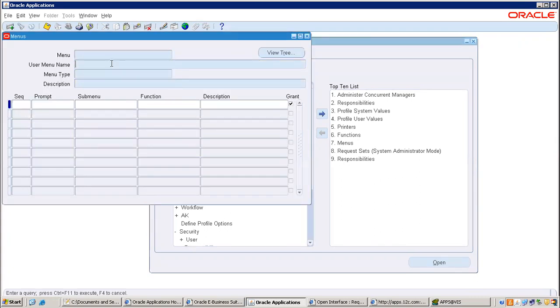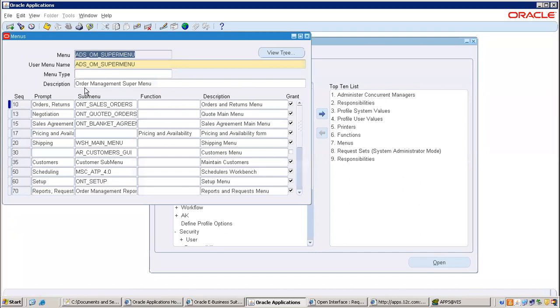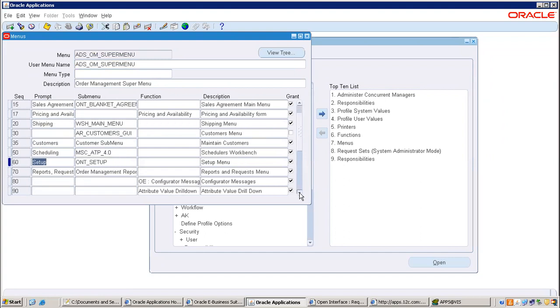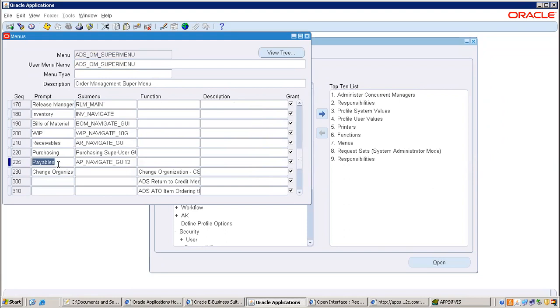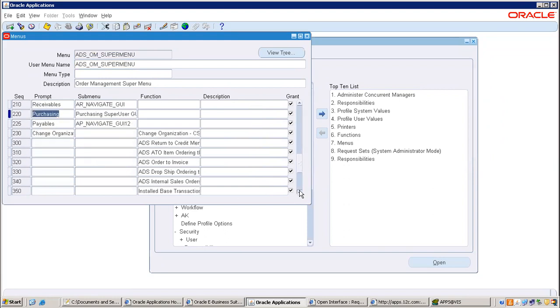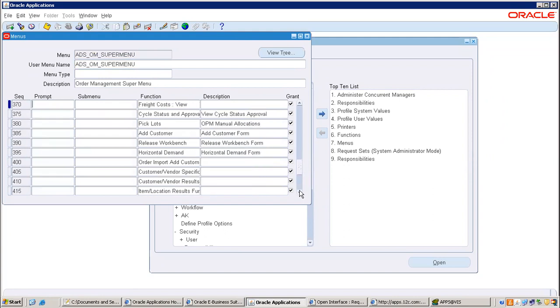So menu is also the user menu. Everything is there here: order, return, sales order, shipping, transactions, scheduling, setup. And in the same way, purchase order related also. These are all the payables, purchasing. Because of that only, it is giving every other function. Understood, right?